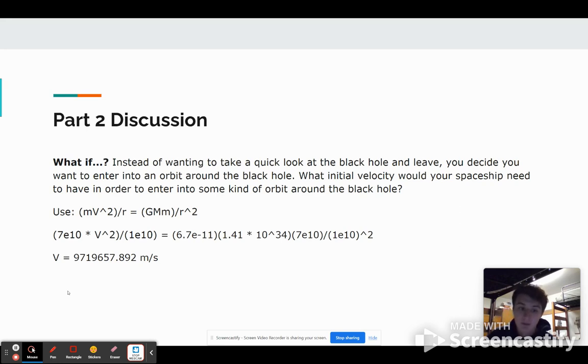So you set those two equal to each other, you do some math after you plug in some numbers, and you get v equal to the number you see on your screen. So that's approximately how fast the rocket would need to be moving originally in order for it to not get sucked into the black hole and to just continuously orbit, assuming like a